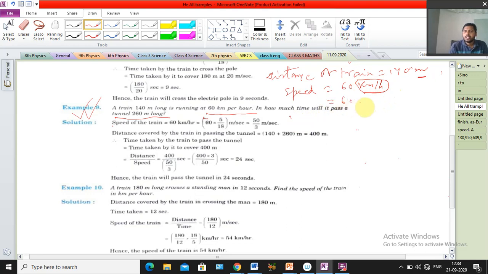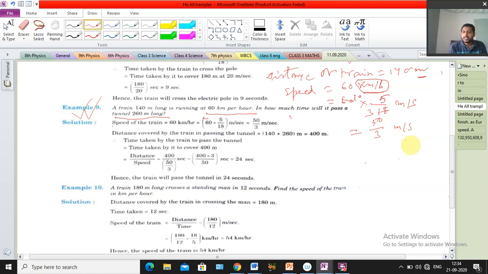So that means 60 into, kilometer per hour to, we have to convert into meter per second. That means what? The less unit, no? Less means that one we have to multiply by 5/18, okay? Meter per second. Clear? Understood? Next, cancel it. Cancel it here. Here 6 10s are 60, 6 3s are 18. So that means we are getting 10 into 5, 50, 50 by 3 meter per second, okay? 50 by 3 meter per second.